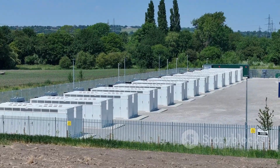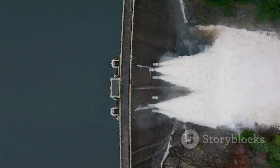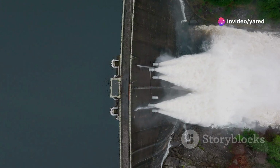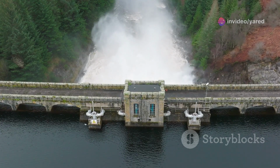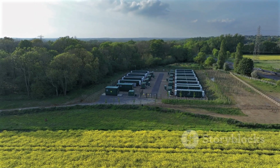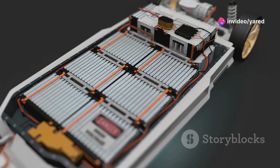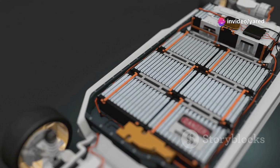There are various types of energy storage systems, each with its own advantages. Pumped hydroelectric storage, one of the most established methods, uses excess electricity to pump water uphill to a reservoir. When energy is needed, the water flows downhill through turbines, generating electricity. Battery storage is another rapidly growing technology. Lithium-ion batteries, similar to those found in our smartphones and electric vehicles, can store large amounts of energy and release